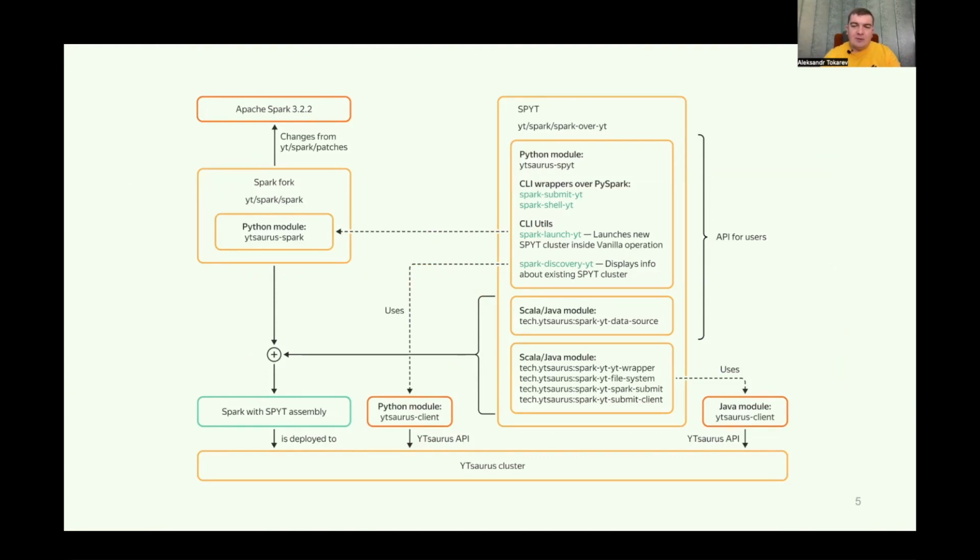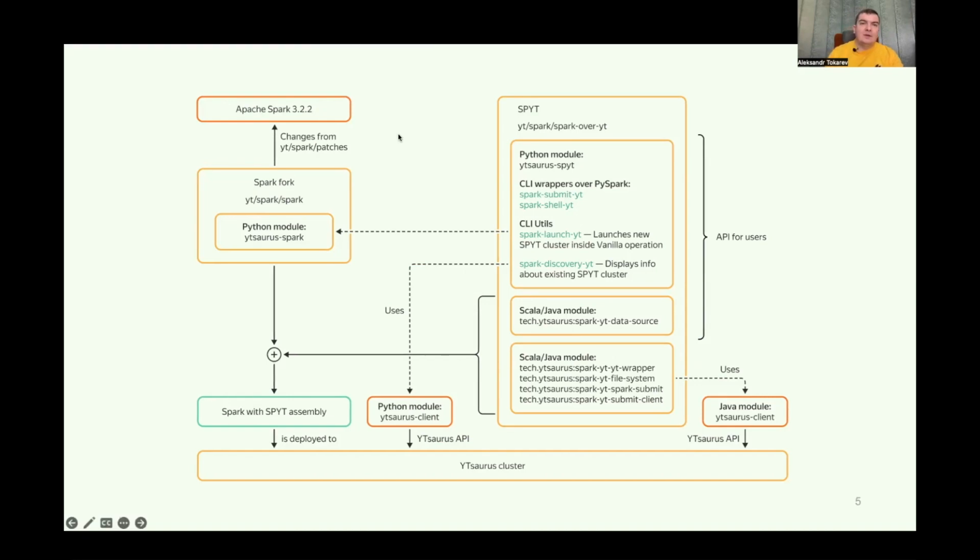At the development stage, this was acceptable. However, when we went open source, we realized such a solution leads to various limitations for the users. This is why we want to discontinue the fork moving forward and enable SPYT support for various core versions of